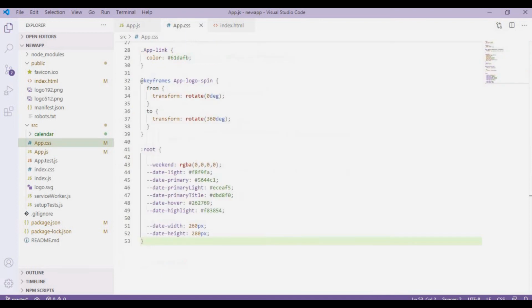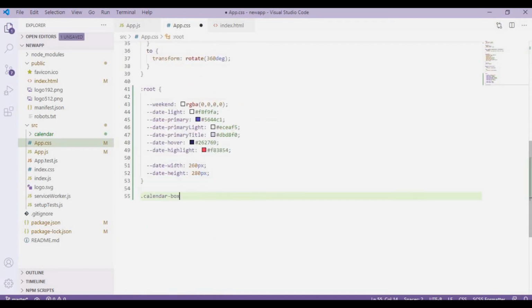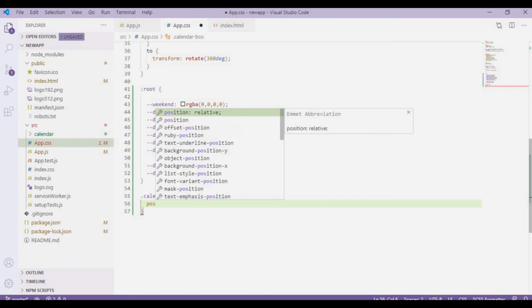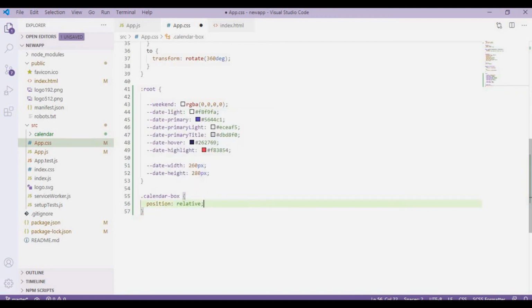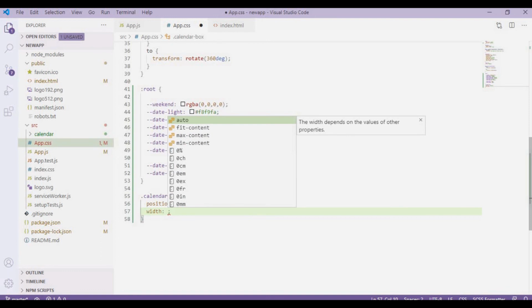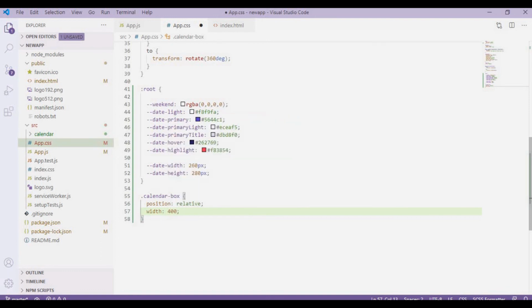I'll go to app.css, and here I'm going to define it to some width. Firstly, the position is relative, and then width is like maybe 400 pixel, and height is also 400 pixel.